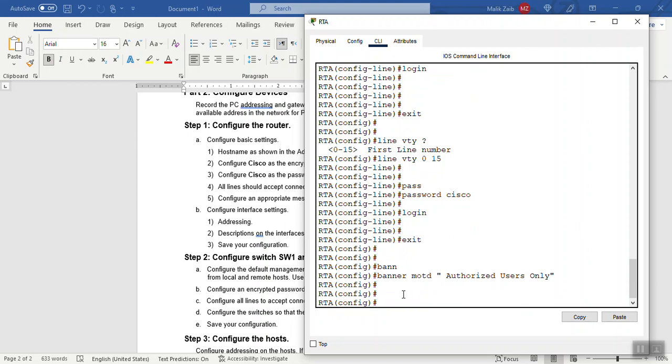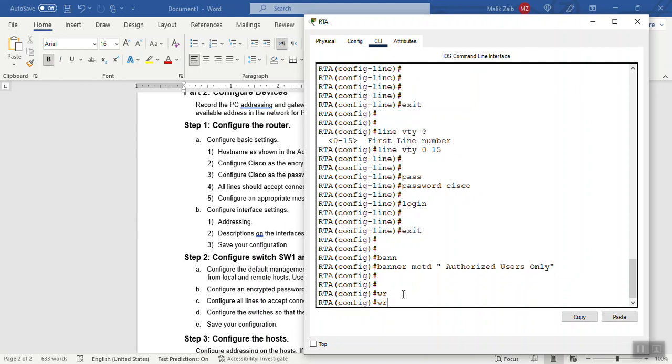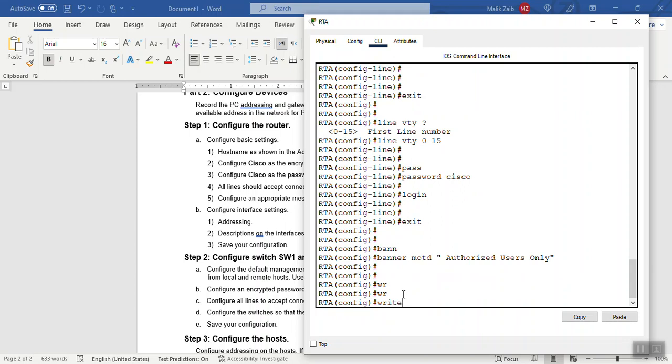Now the last thing is that you have to save the configuration. For that purpose you use the command WR, or you can also write the command write. These are two commands.